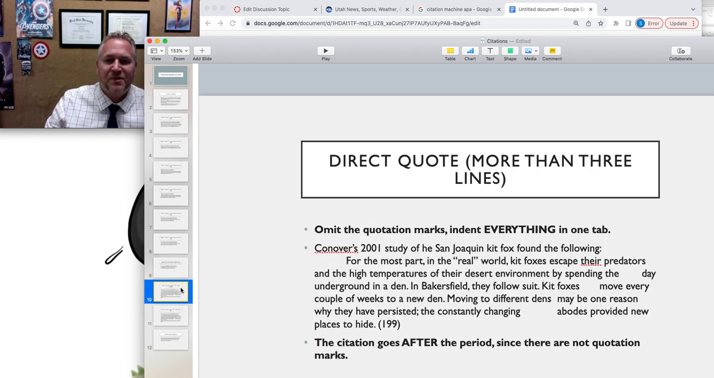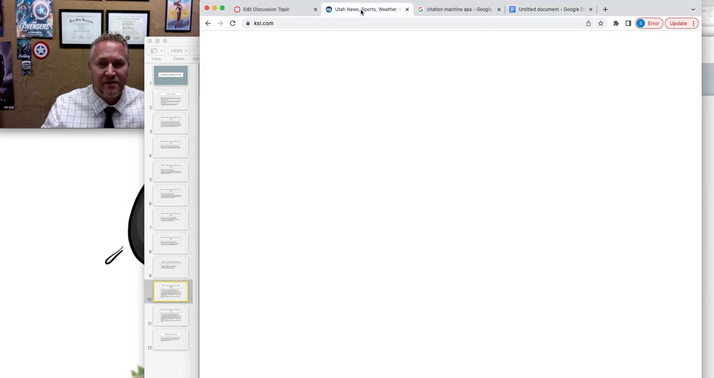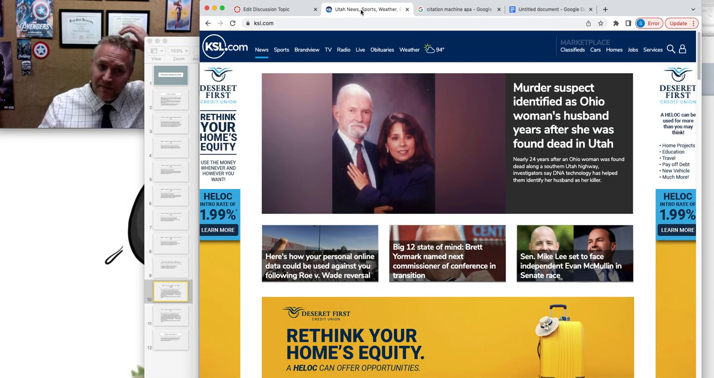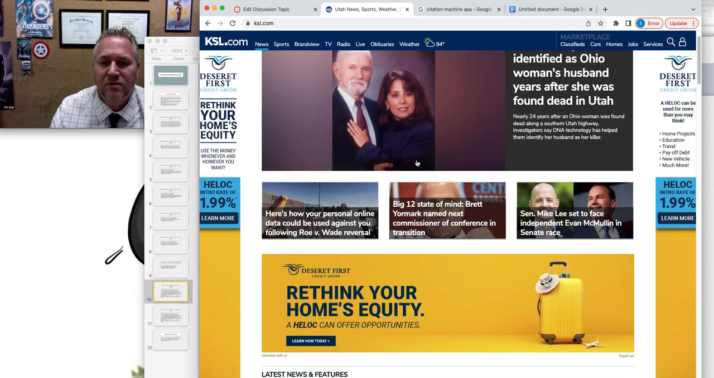So now what we need to do is talk a little bit about how to cite a source when you are using a direct quote that is more than 3 lines of text. And what I want to do for this is I want to go to KSL and I want to look up an article,